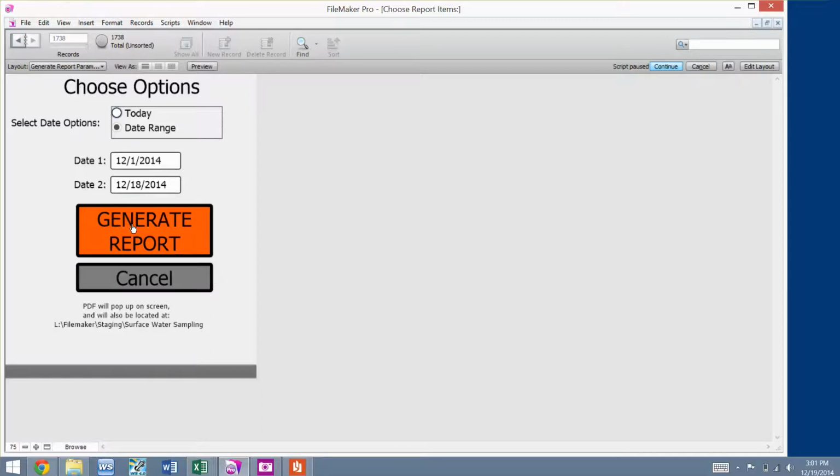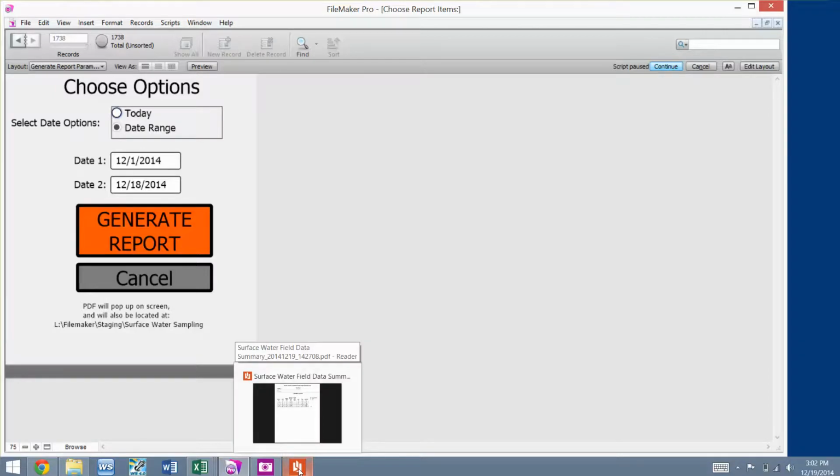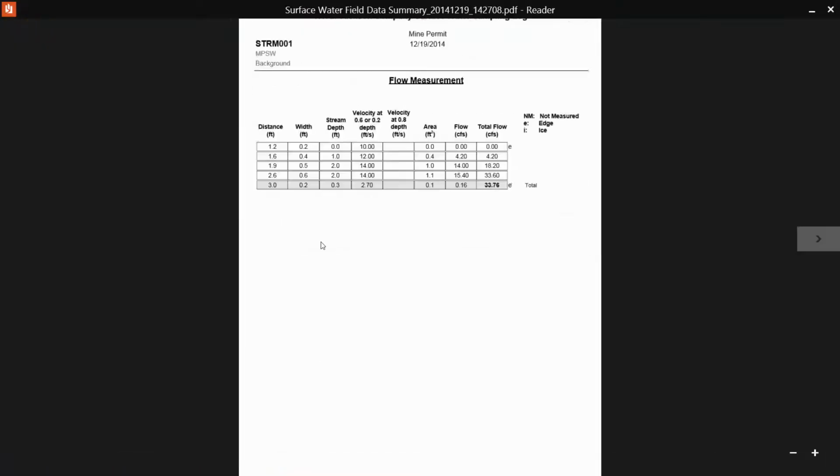And then generate a report. And it'll go through everything that was collected during this date period and generate a PDF report, and also, like I said, 3 Excel sheets. And I have an example report that I just made with some made up data, and you can see on this PDF, it'll be several pages long, but it shows the location,